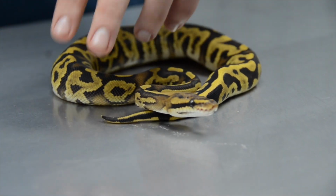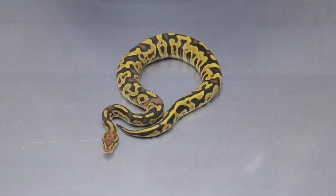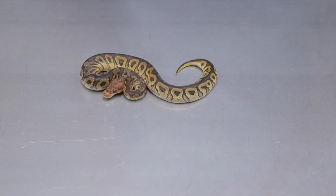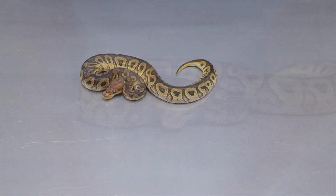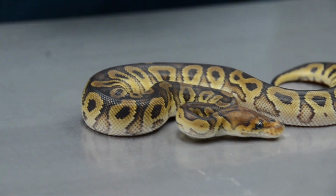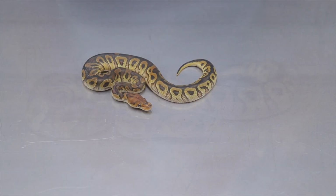So an awesome combination, and what we're going to do now is start showing you guys the visual Cypress clown combos. So let's go check them out. Then moving on to the visuals, here we've got a Cypress clown male. Unfortunately, this little guy is going into shed, so he's not at his full potential, but you guys can still get the idea of what Cypress